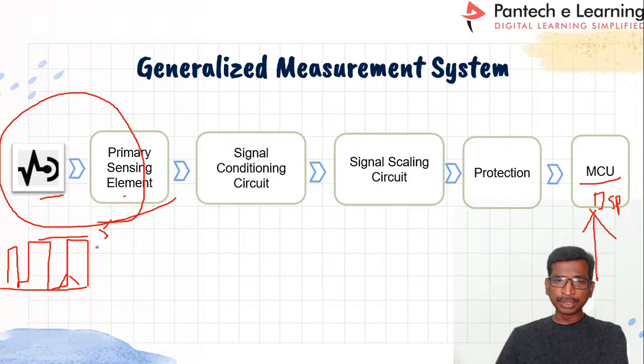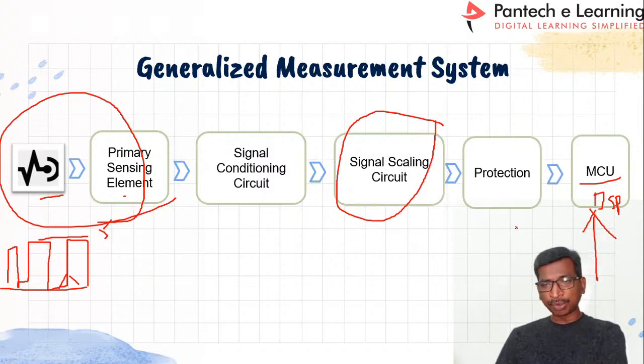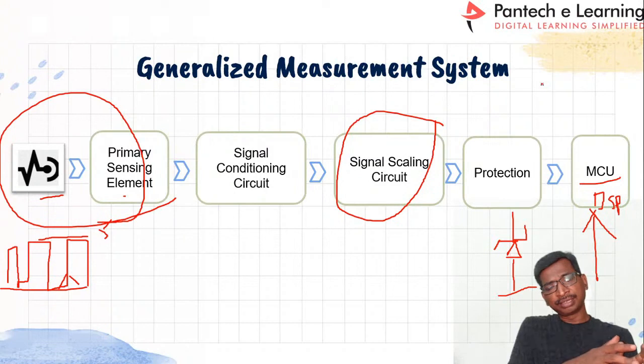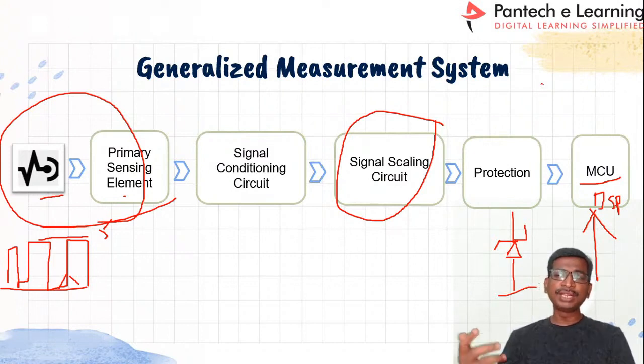So now we have to clip the voltage within this model, and after that, if any fault occurs in the element, we should apply a protection circuit. Simply here we can use a Zener diode as the protection circuit. This Zener diode will help you to clip the voltage, right? So this is the generalized measurement system. Now we can apply a particular parameter to the same block, and then we can derive the circuits. So how can we derive the circuits?